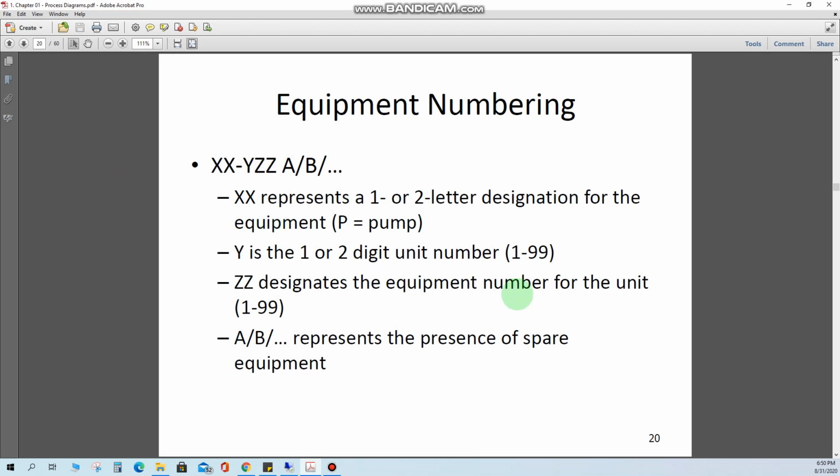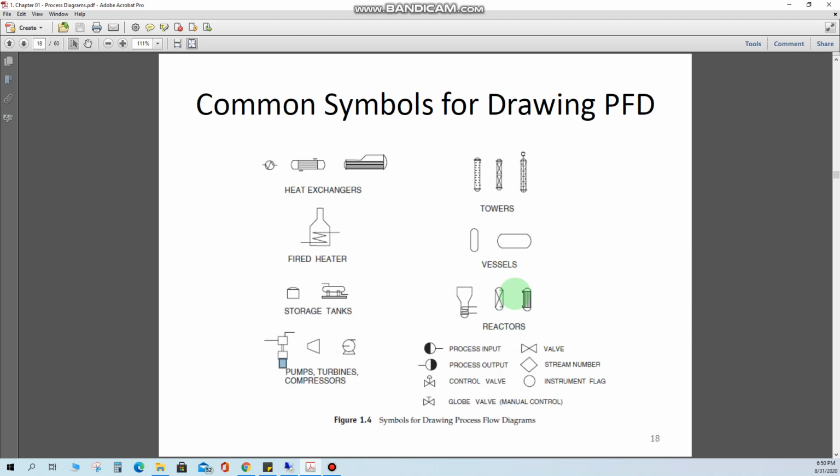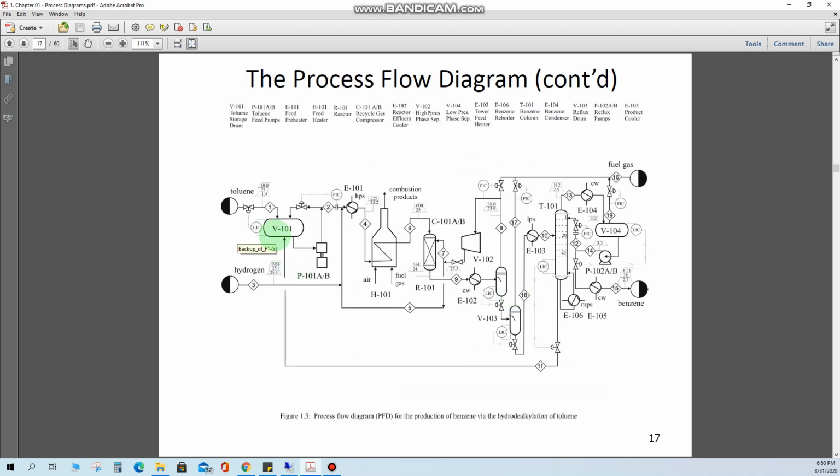Now this one, I will show you directly here on the flow sheet. If we go back here, for this inlet stream, which is toluene, you can see this symbol here that can be used for the inlet stream, similar for the toluene and the hydrogen, and the opposite symbol you can see for the products, which you can see here.